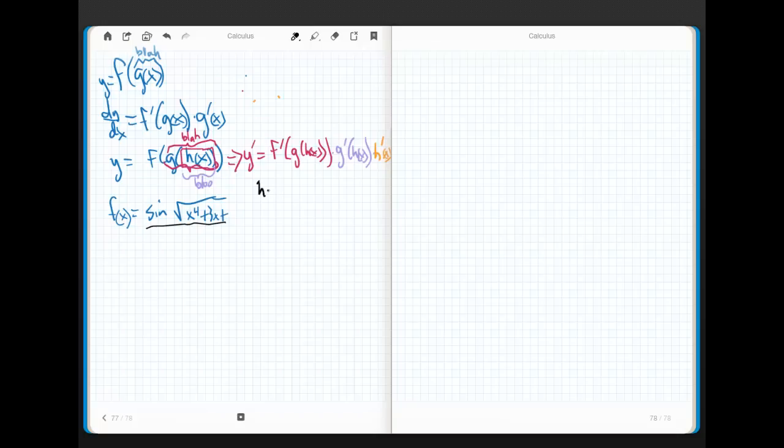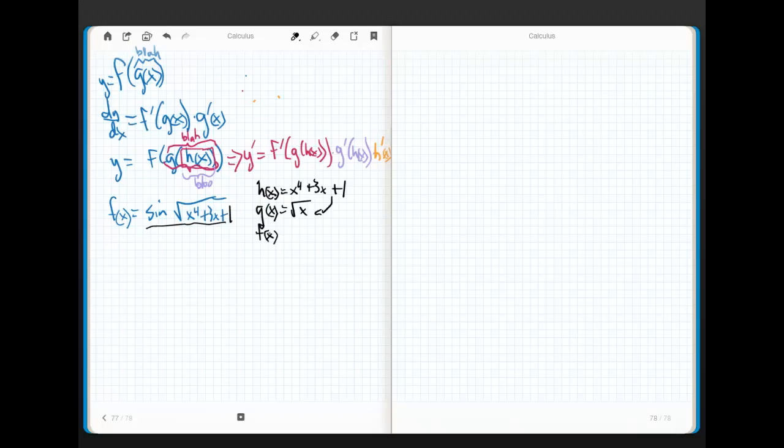I could call h of x, in this case, x to the fourth plus 3x plus, I think that was supposed to be a 1, and I forgot to write it. If not, no big deal. Now, that's being composed into a square root function. So I could call g of x the square root of x, because this guy ends up getting stuck in here. And then all of this mess, this whole chunk right here, gets composed into, let's call this, ooh,